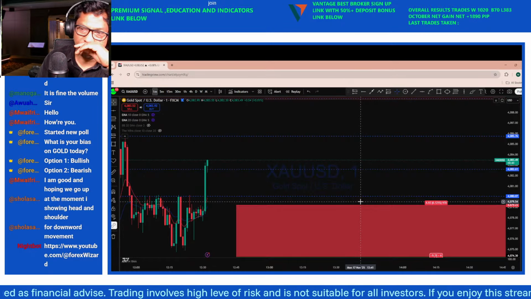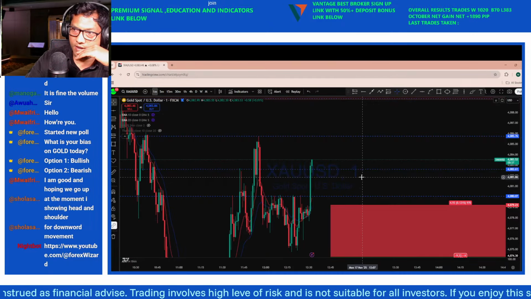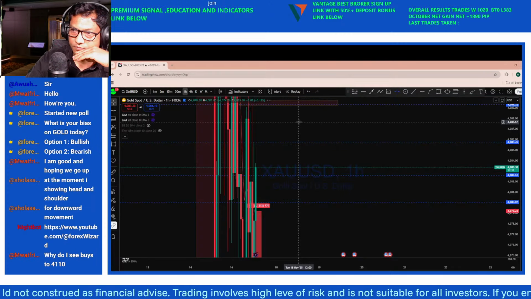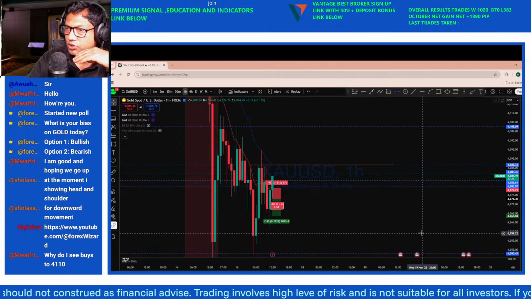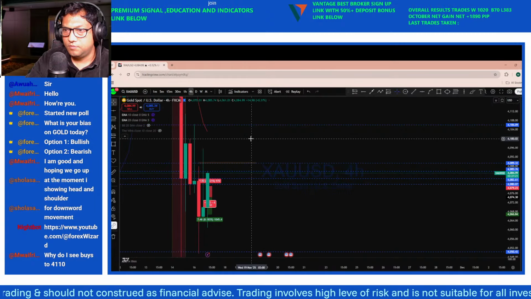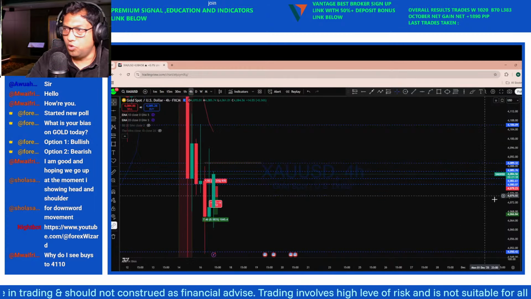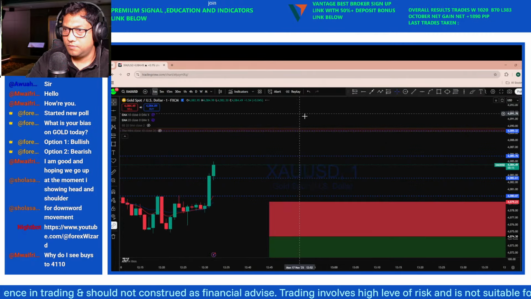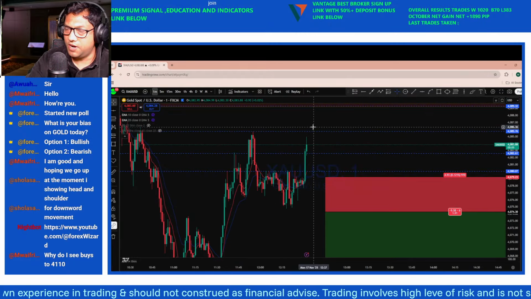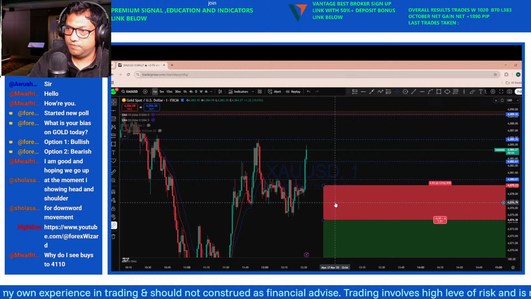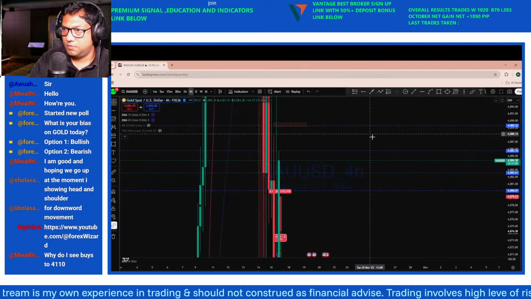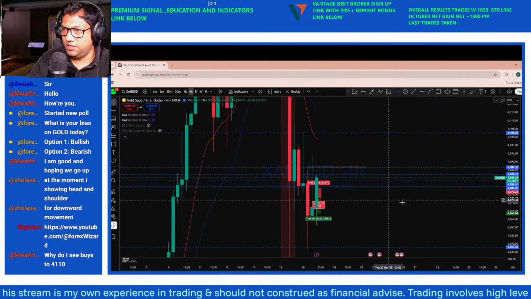So with this inverted head and shoulder, if you look at it, it has managed to break to the upside, and that is where the 4085 level is being crossed. And for us to look for sell, the pending order is still below here. If the market breaks below, we will be on the trade. The market might range here in a very narrow range,